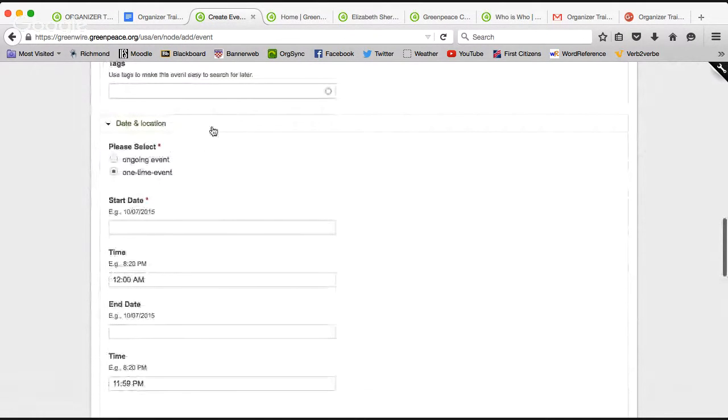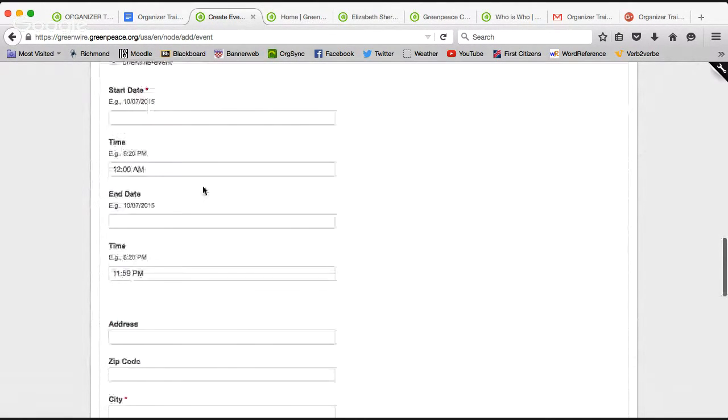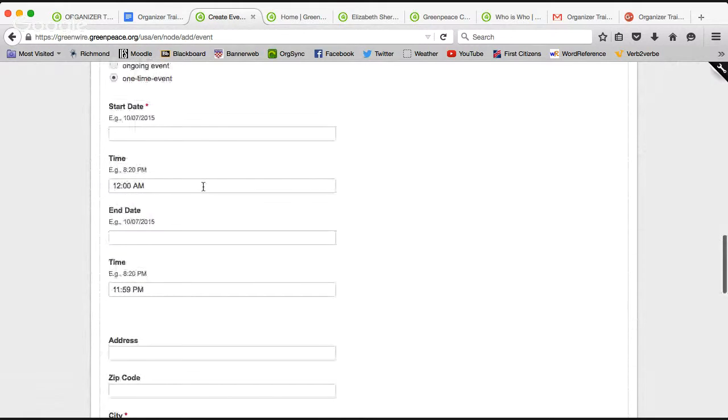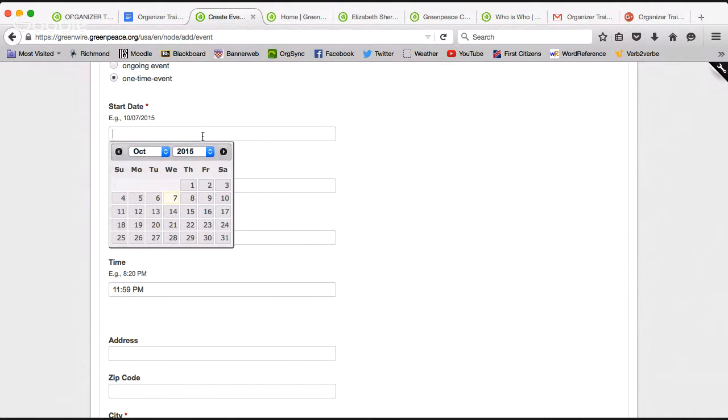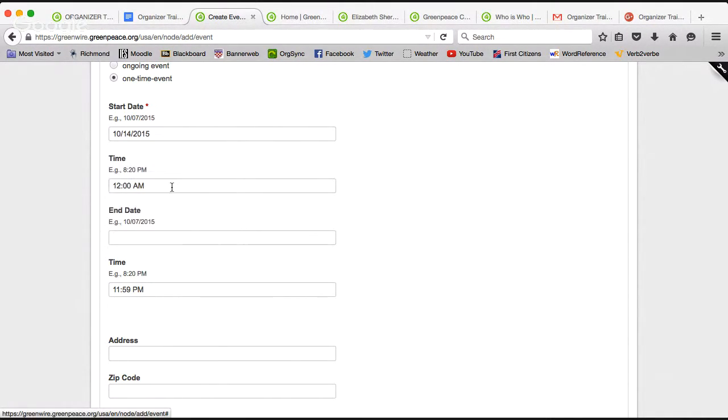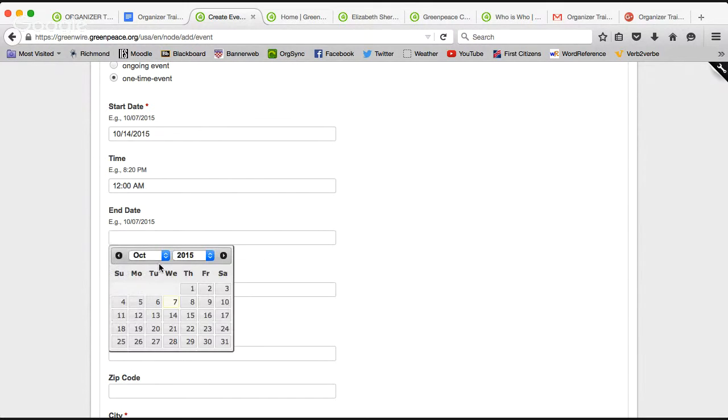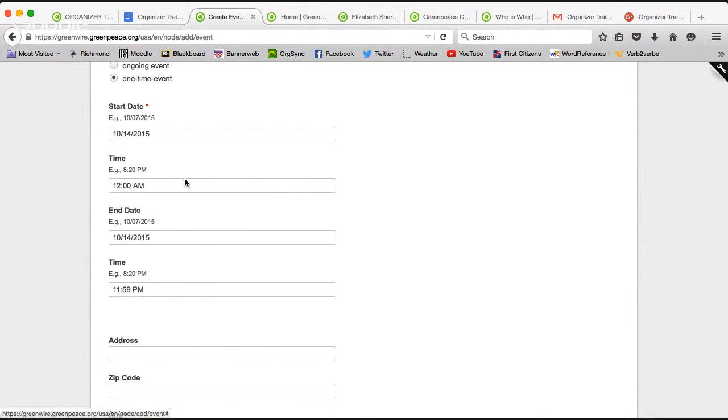And then in terms of the details, when you scroll down here, you can, of course, put the date and the location of the event. So you definitely want to be as specific as possible. It gives you the option of writing a start date and an end date. So I'm going to mark both as October 14th so that it's clear that this event is only happening on the one day.